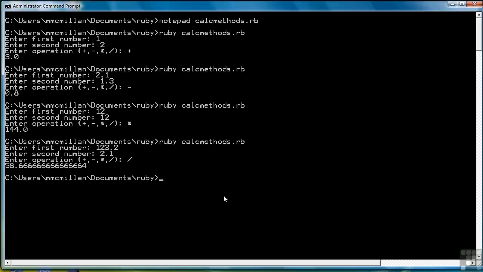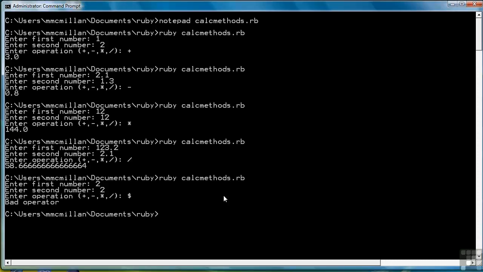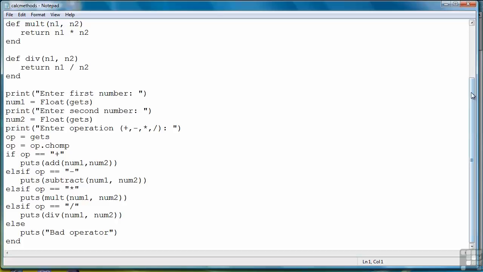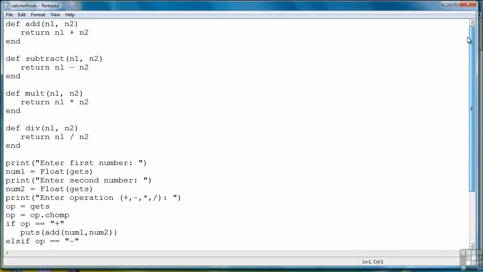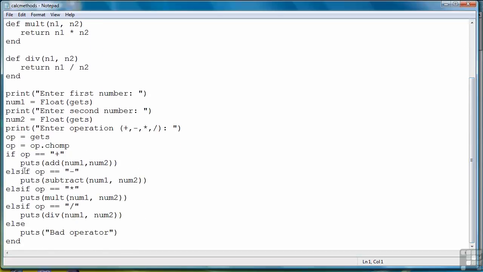And finally, let's test out the bad operator possibility. Put a $ sign there, and the $ sign is picked up as a bad operator. So looking at the code again, start at the top. We have our 4 methods, and then we demonstrate how to use them or make the calls in the main